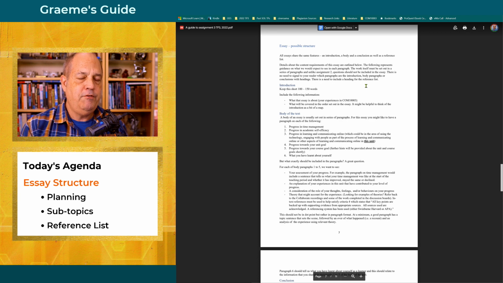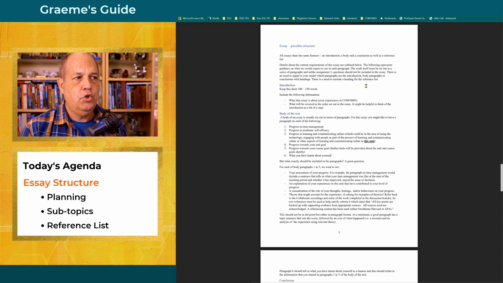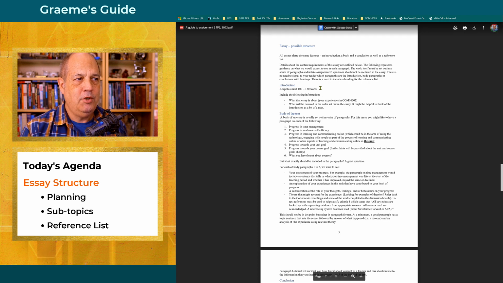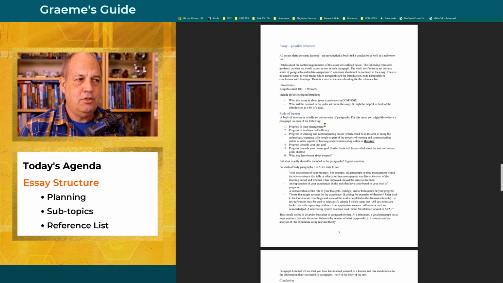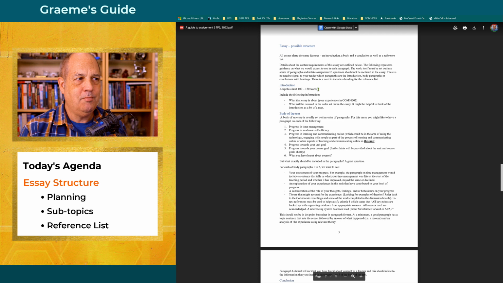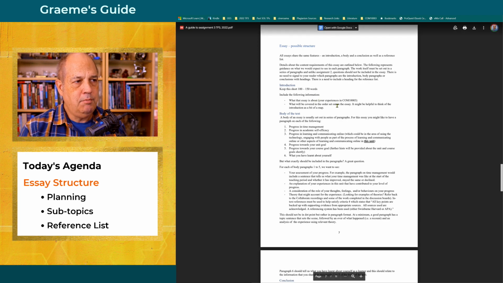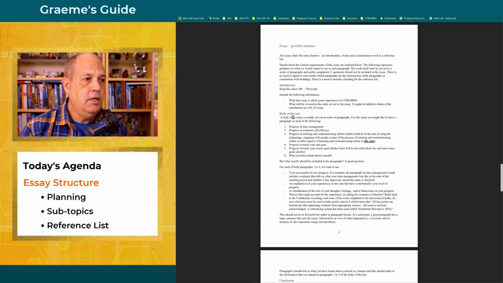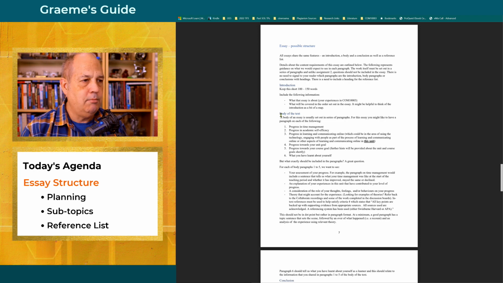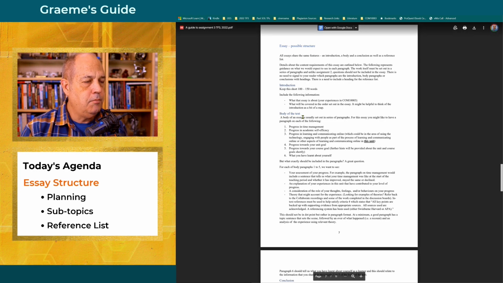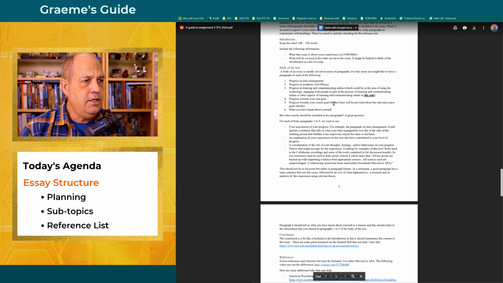For a 1,500 word essay, I would normally recommend about 150 to 180 words. But on this occasion, there's so much to be talked about, it's better to keep your introduction a little bit shorter. So, maybe a maximum of 150. And then Tanya's mentioned some things here to include in the introduction. But importantly, now I want to look at these subtopics. So the body text. Tanya suggested here